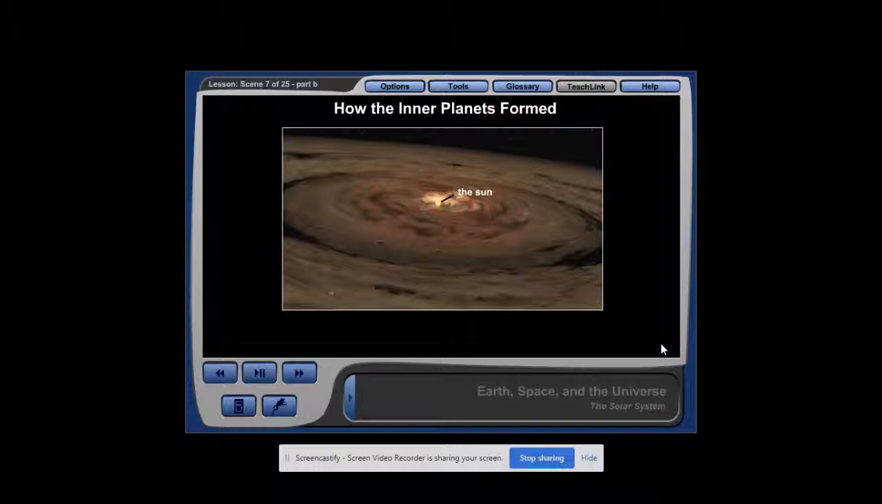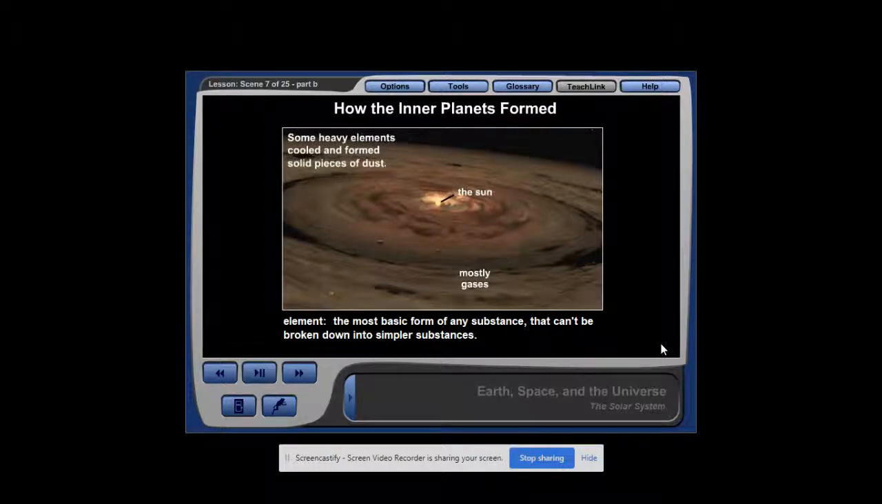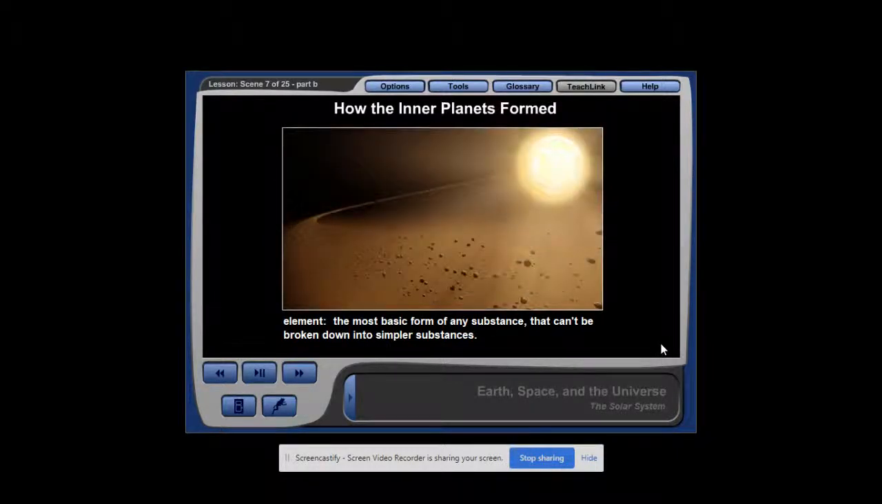As the solar system was forming, it was very hot, and most elements that didn't get pulled into the Sun remained in a gas state. An element is the most basic form of any substance that can't be broken down into simpler substances. However, the temperatures were cool enough for some heavy elements like magnesium, nickel, and iron to cool and form into solid pieces of dust. Over millions of years, gravity pulled much of the dust together to form larger pieces of